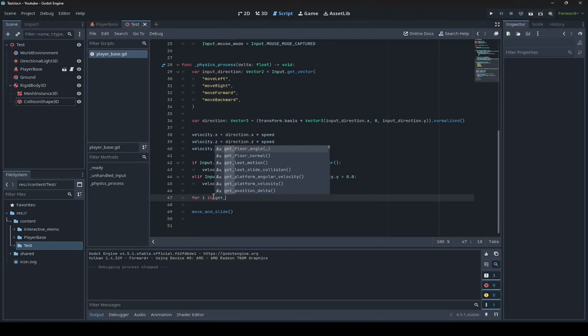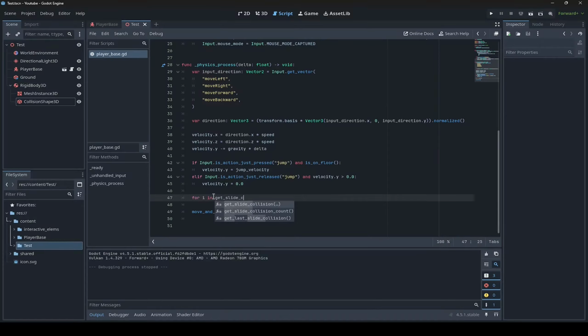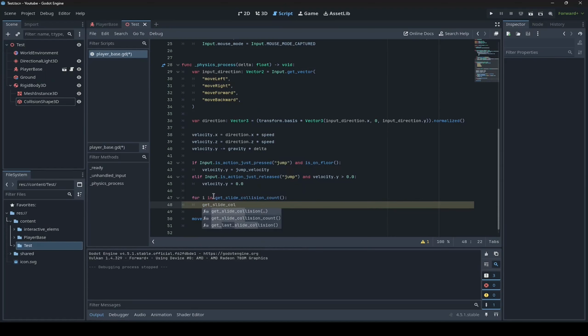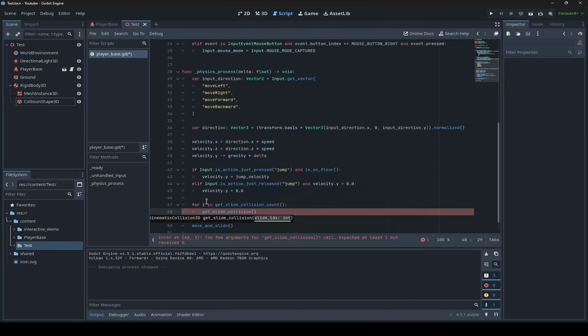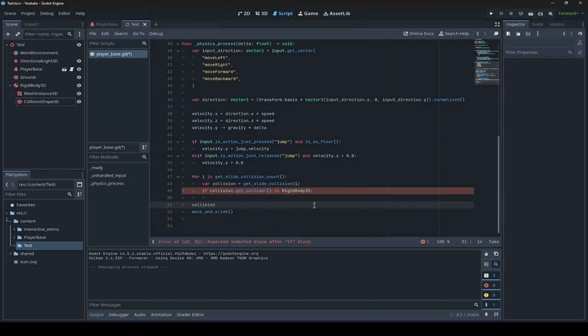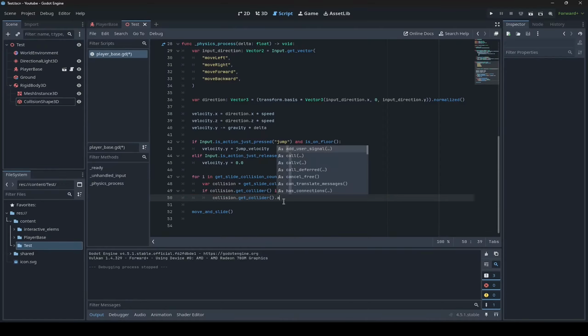First, we need to get the colliders amount, collision count. Then we get the colliders by their ID, we get each of them, each collision, and if the collision collider is a rigid body, in our case it is, then we wanna push it. How? We'll get the collider and apply